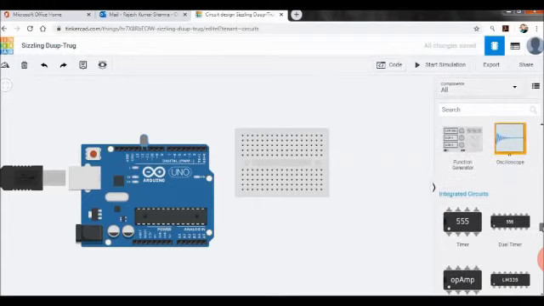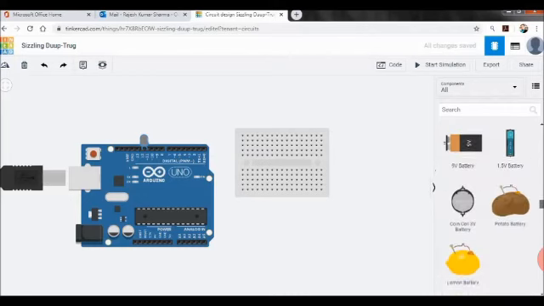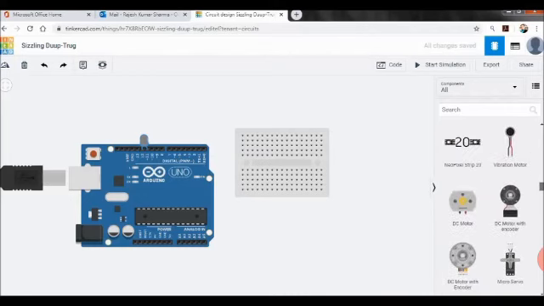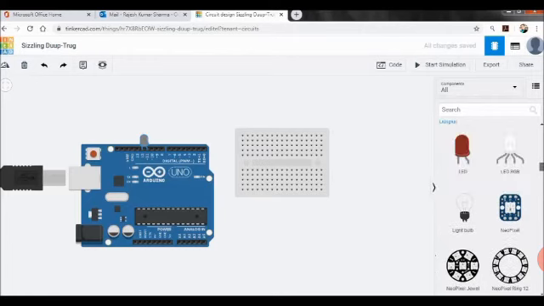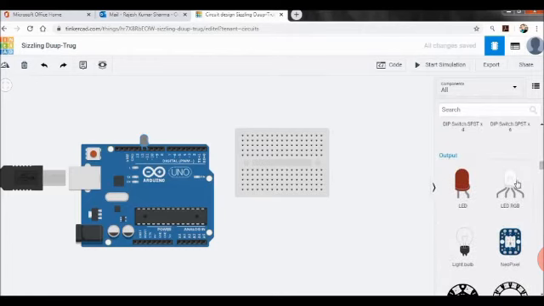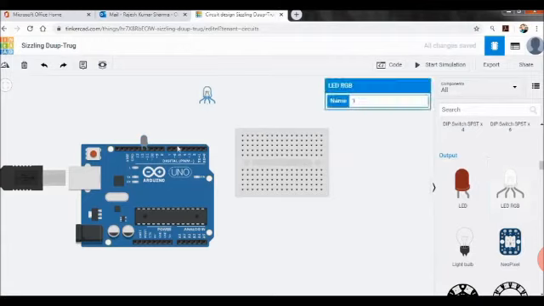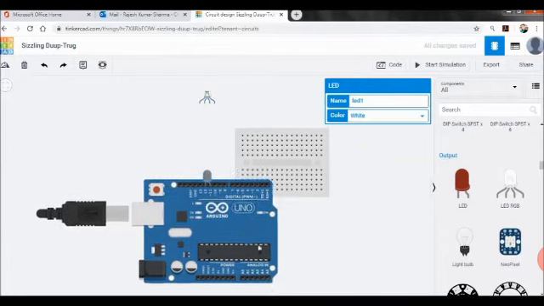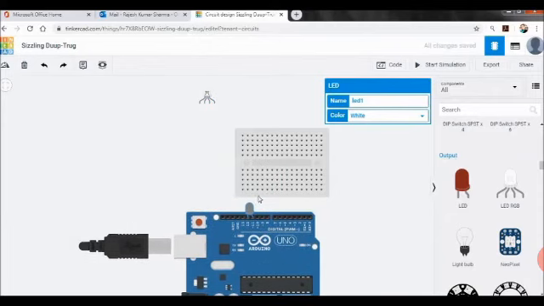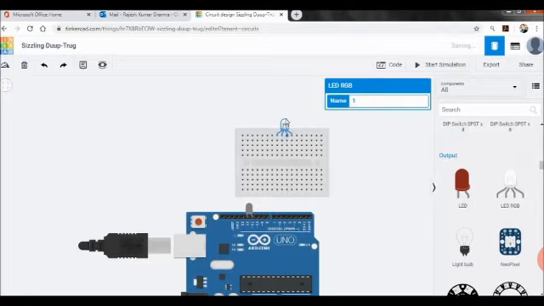Now let's take RGB, that is red, green, blue LED, the same LED that can display 3 different colors. So you can see next to LED we have RGB with 4 pins, that we have seen in the lab also. Out of 4 pins, 1 pin is the common pin, that is negative or positive. So if common is negative, the rest 3 will be positive, and vice versa. Since we have 4 pins, we cannot directly use the Arduino. So for this we need the help of a breadboard.